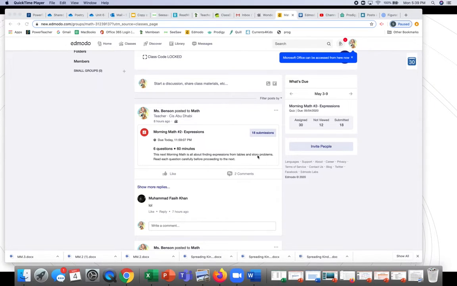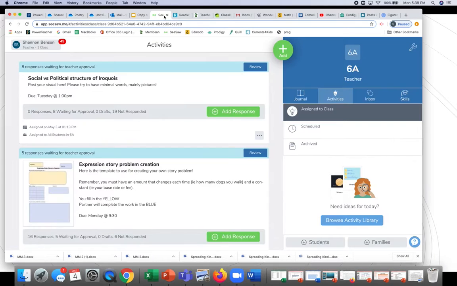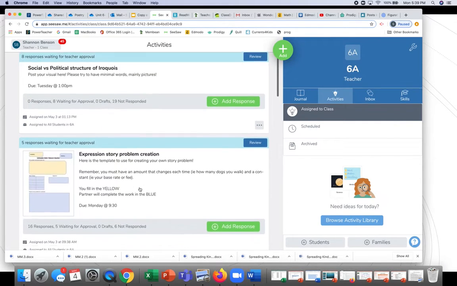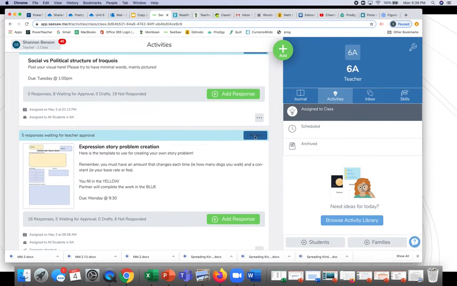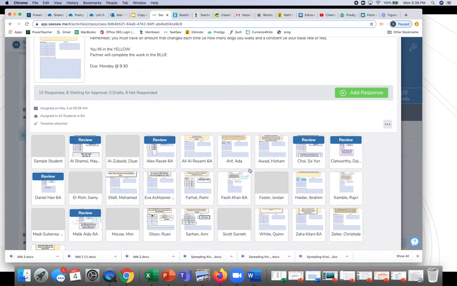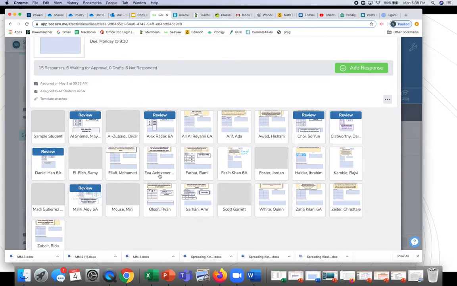Hello, hello. Today, our first part of the lesson is we're just going to quickly look at some of the story problems that were created. A lot of people have already done this and they have switched. So please make sure that you have done this and that you filled in